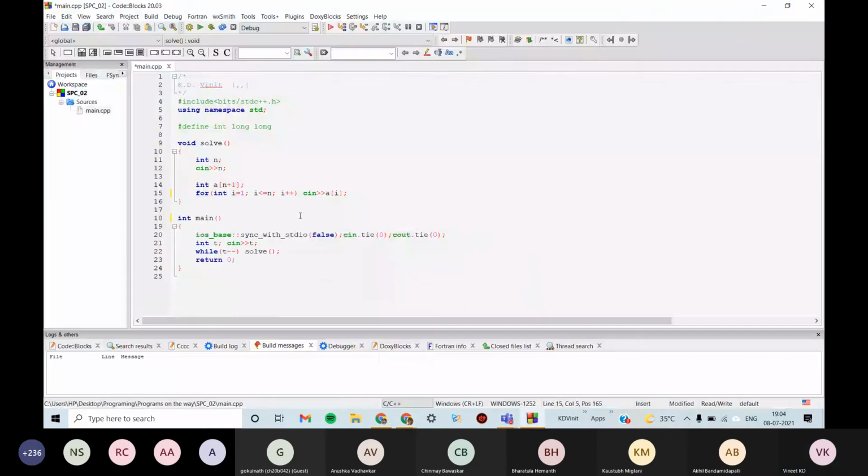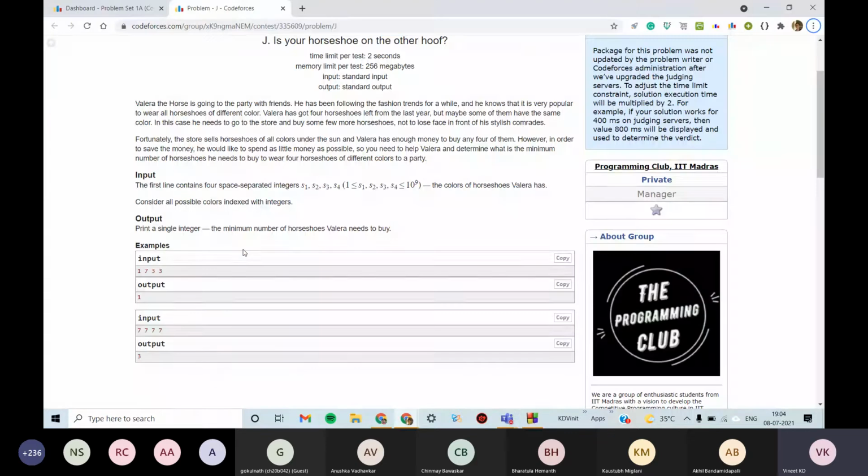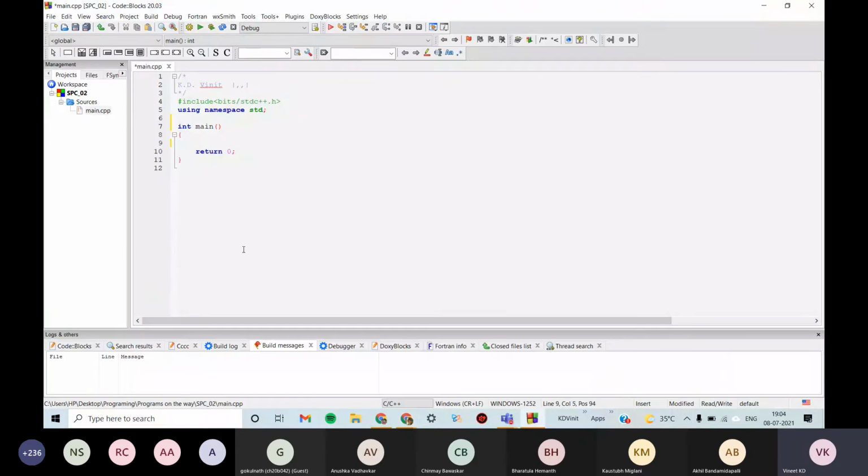Again, this is a kind of standard input thing, but it's not required here. So we have S1, S2. Now we need to find the number of horseshoes which are of the same color.